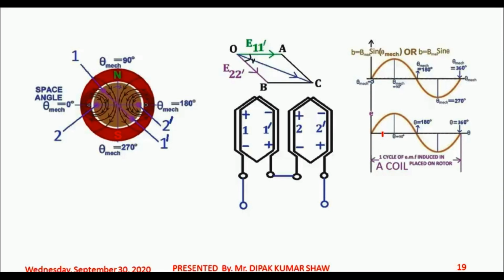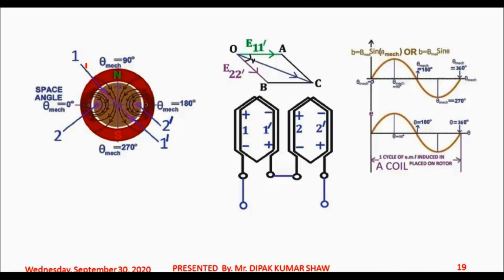So what would be the phase shift? The phase shift would be the angle which is expressed in electrical degree, strictly the angle which is expressed in electrical degree. What kind of angle? The angle by which the rotor should rotate, so that the peak of coil 2 2 dash is going to happen after the peak of coil 1 1 dash has happened. For example,